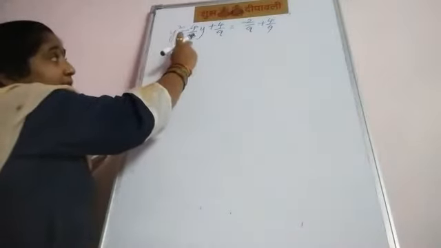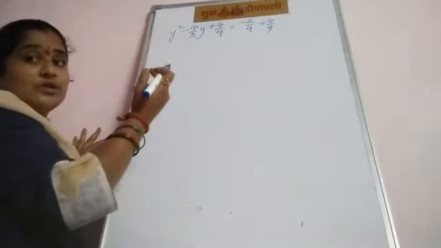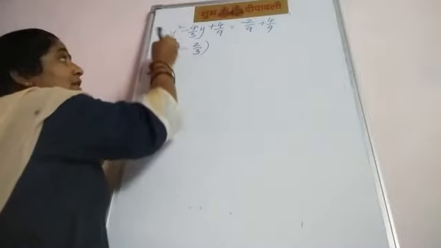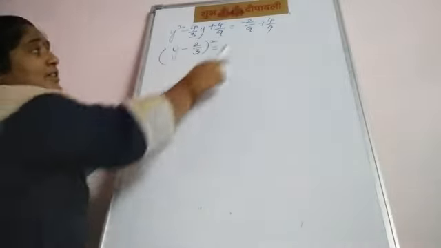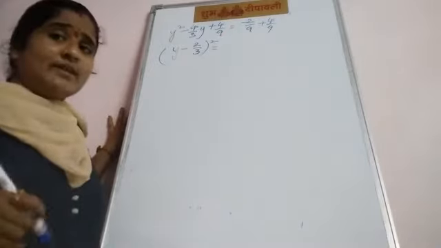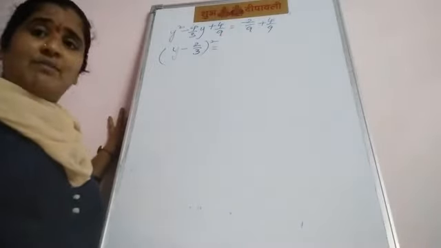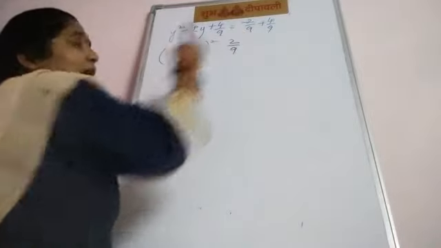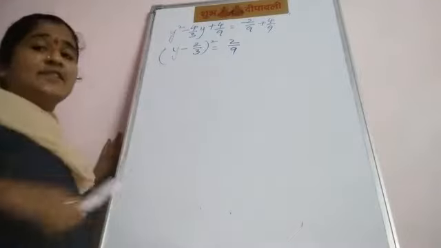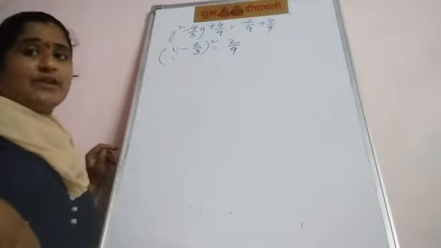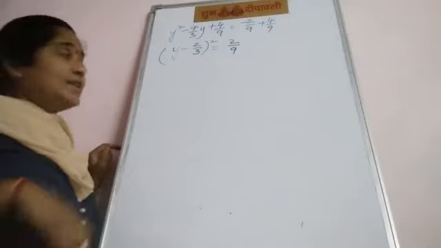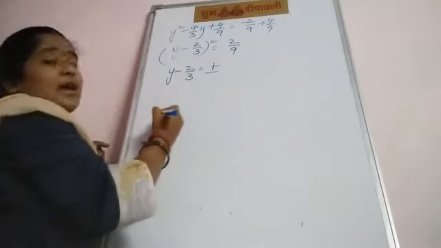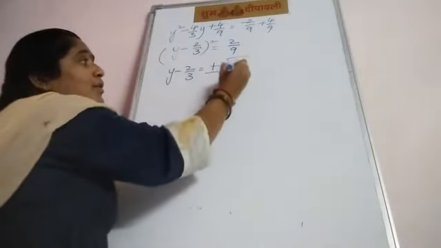a² - 2ab + (2/3) whole square. So directly I am writing (y - 2/3) whole square equals... these are like fractions, the denominators are the same. Directly can I do the subtraction? Minus 2 plus 4, how much? 2/9. 2/9. Okay. Now here the square is done. You can apply the square root. But the square root has two signs, positive and negative. y - 2/3 = plus or minus under root 2/9.